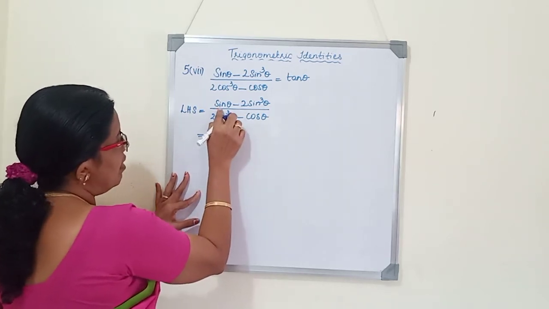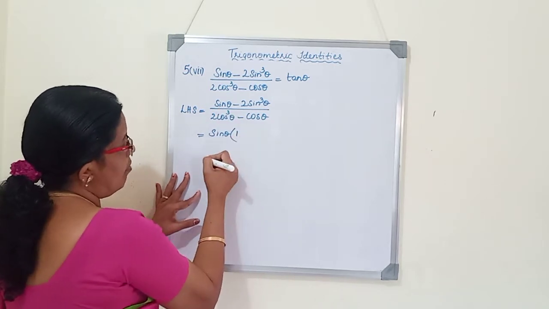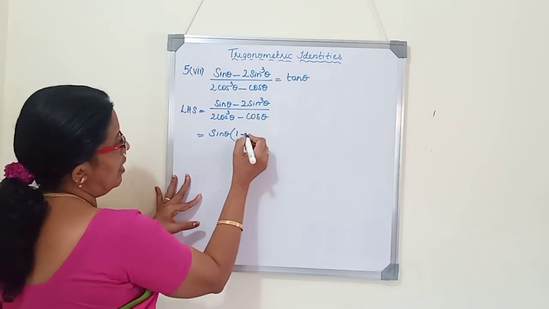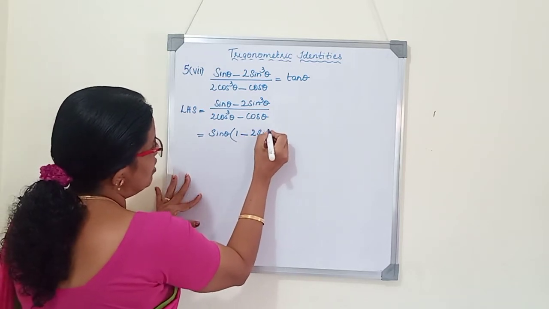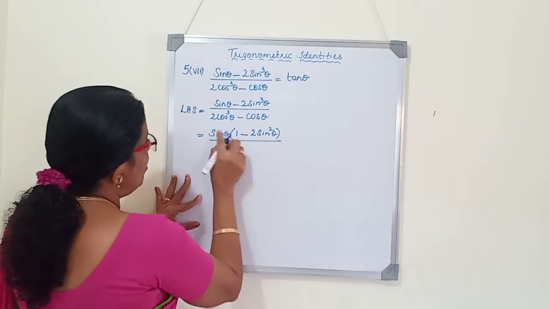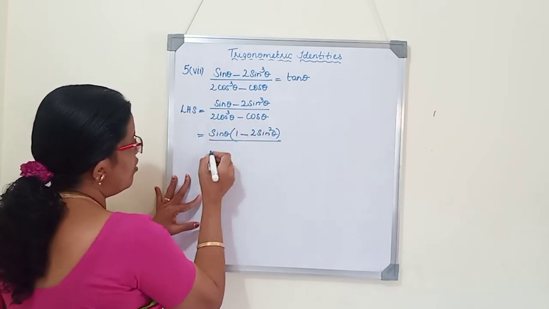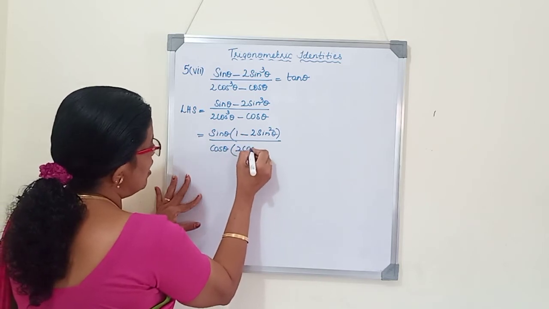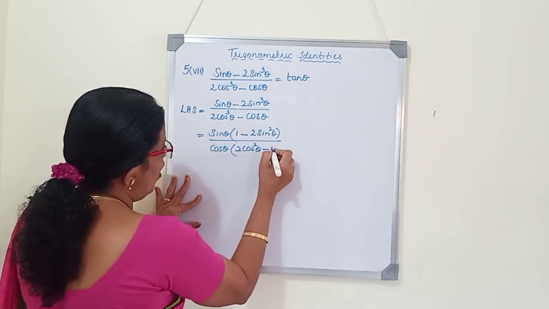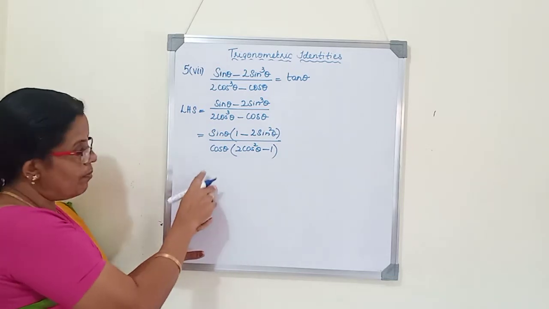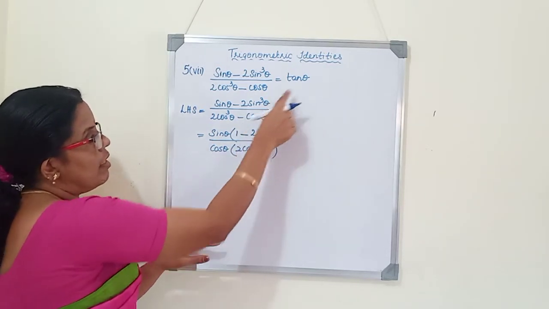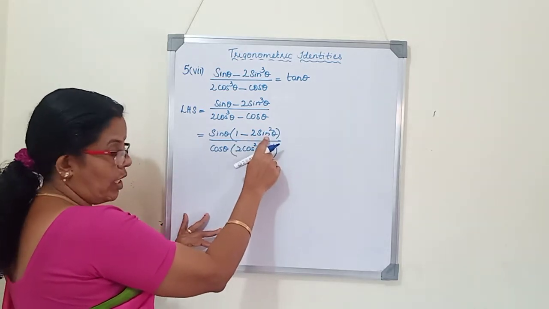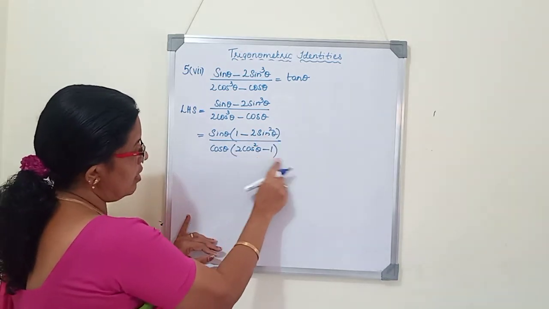So, first we will write sin theta. When we take sin theta from the first term, 1 will remain, minus 2 sin cube theta, 1 sin theta we have taken outside. The remaining will be 2 sin square theta, divided by, here 2 cos cube theta and cos theta, we will take 1 cos theta outside. Here 2 cos square theta minus 1 we will get. So, here sin theta by cos theta itself we will get tan theta, but this we have to cancel. This is 1 minus 2 sin square and here 2 cos square minus 1.